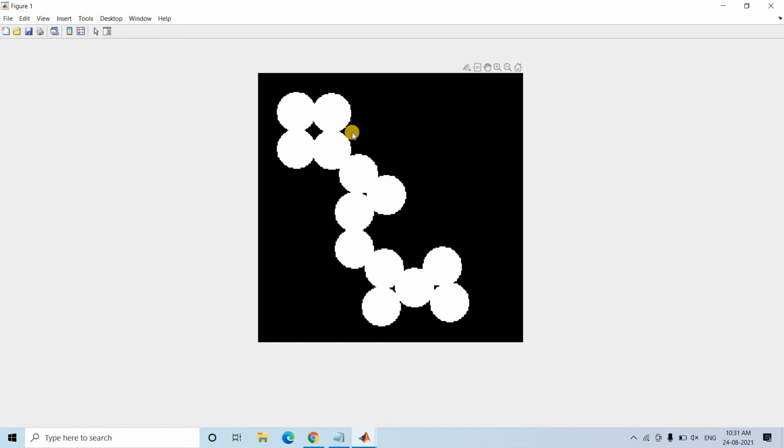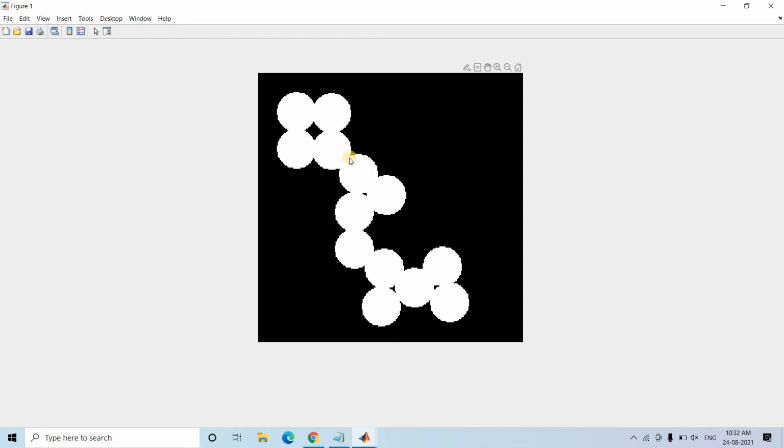That is, those regions which are very close to these white pixels will have lesser values, and if we keep going away from these white circles, those will have higher values. That is, if we move away from this white region, the intensity values will be more, or those parts will become brighter, right?